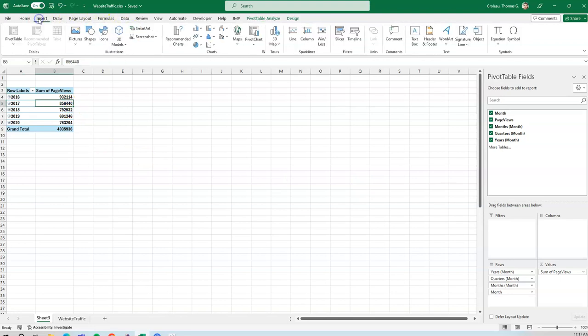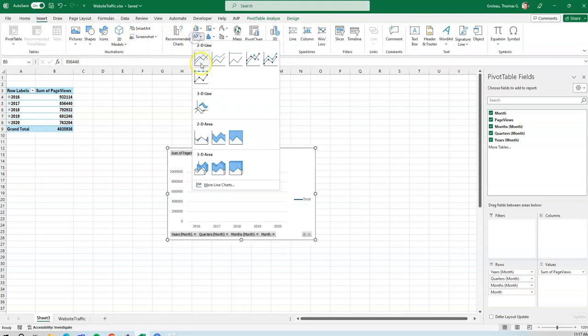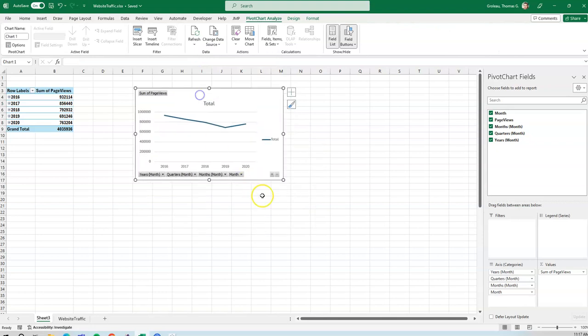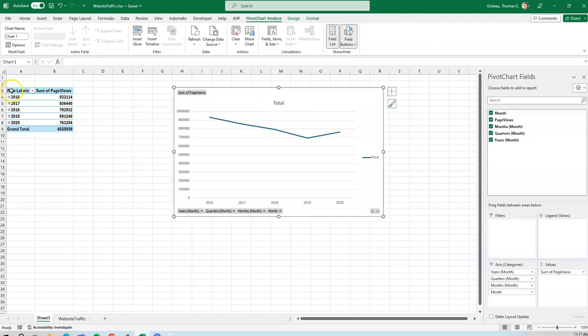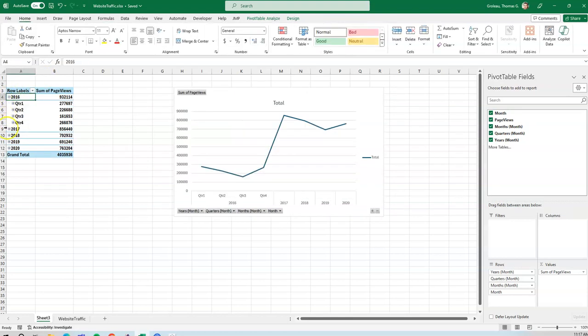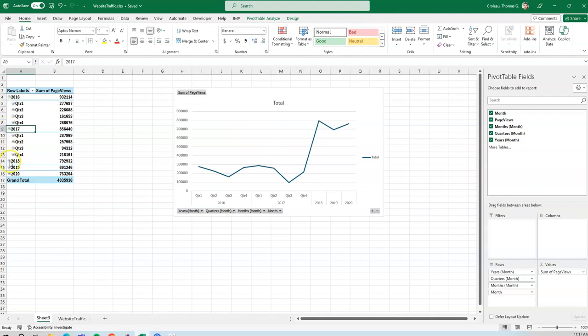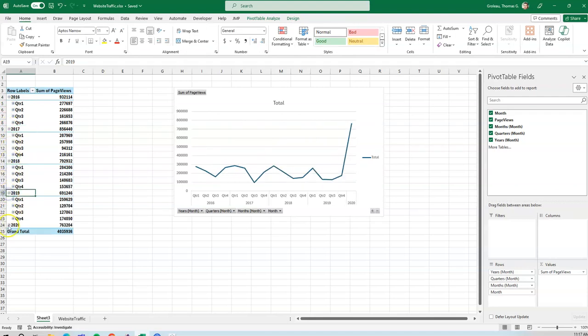Well, I could insert a line chart. So if I'm looking for a trend over my 5 years, I've smoothed out my monthly data, and so I see my 5 years. And I do see, I think, perhaps a bit of a downward trend over the 5 years. If I am a little bit patient, it takes a few clicks to do this,